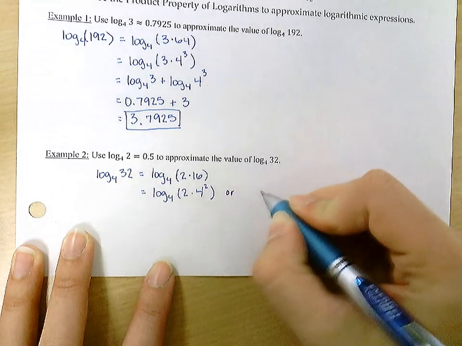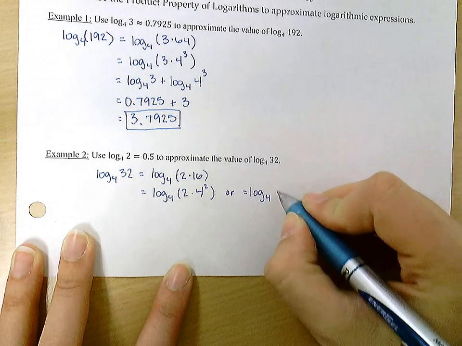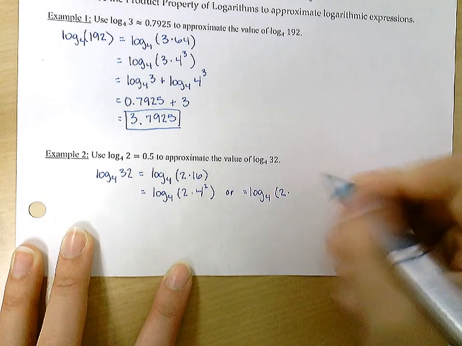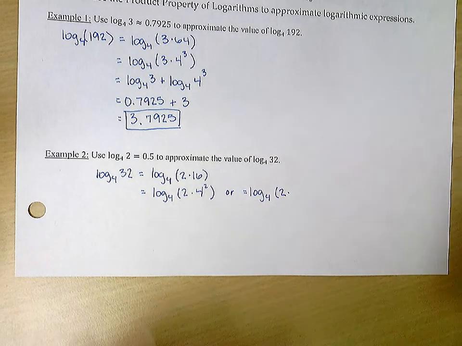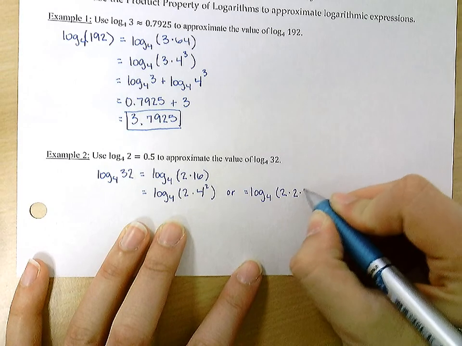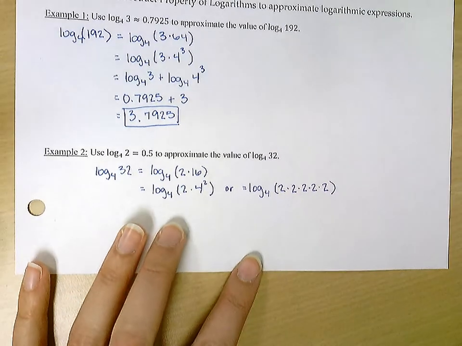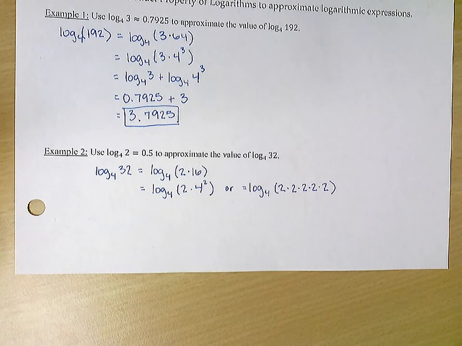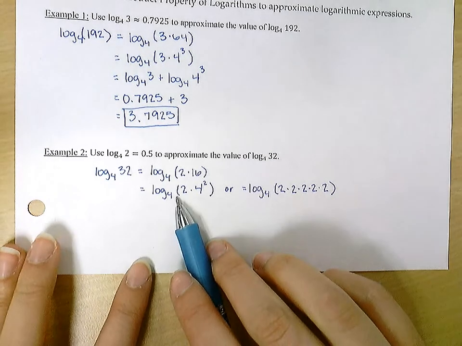Okay, or you could do log base 4 of 2, and then 16 is 2 to the 4th. So we could just do 2 times 2 times 2 times 2. So 2 to the 5th is 32. I just have these multiple 2's here. So if I do it this way,